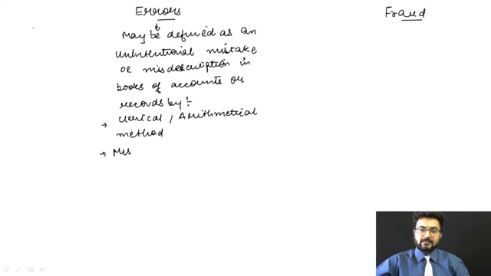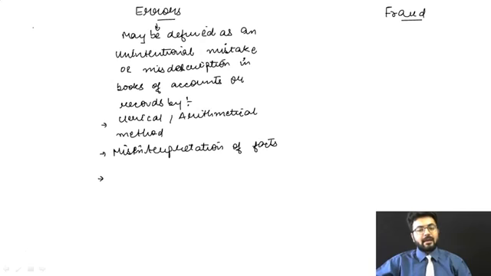Misinterpretation of facts. You understood something in a wrong manner. How can that happen? You were ordered to make a payment to the supplier. You were told that we have placed an order with the supplier, please look into it. You thought that I just said that you need to place an order with the supplier. So it's all about the misinterpretation of facts, right? Or misapplication of accounting policies. Okay, leave it, we are not going to write this much. This is just a difference between them.